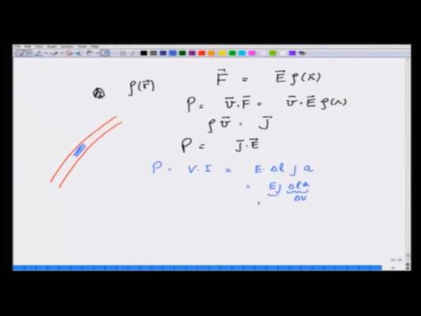E J is E dot J, because the only thing that comes into delivering power is the component of E in the direction of J. So, two ways we have seen that the power delivered is J dot E, and therefore,